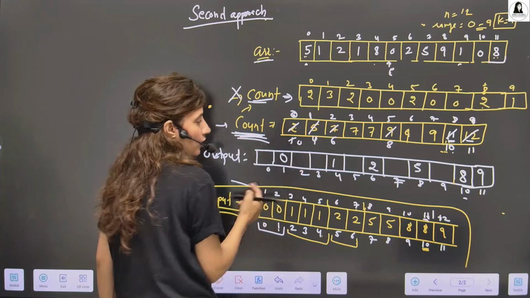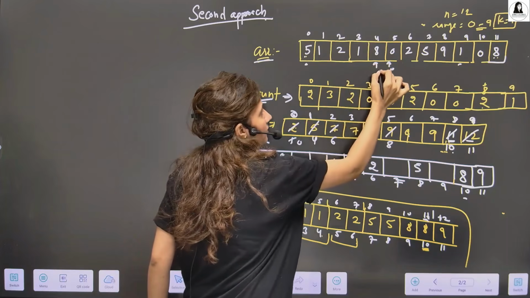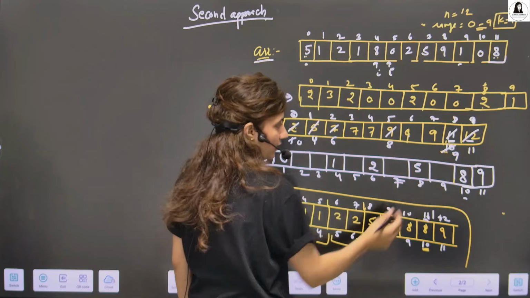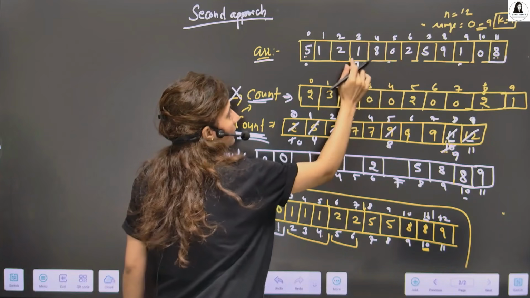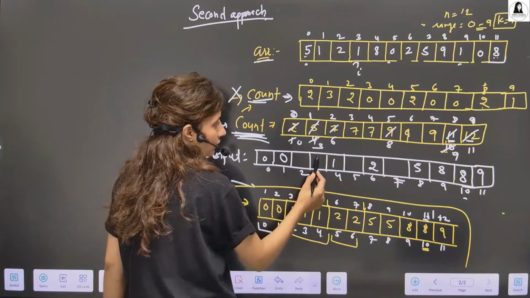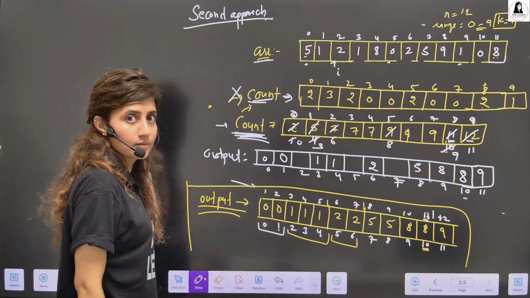Decremented, 0. So at the 0th index, we put 0 again. Again, I minus minus. 8. Go to the 8th index. We have 10. First decrement, 9. At 9, just put 8. Decrement I. Here we have 1. Go to index 1. Here we have 4. First decrement, 3. At 3, we put 1.